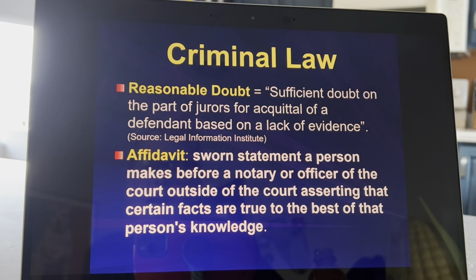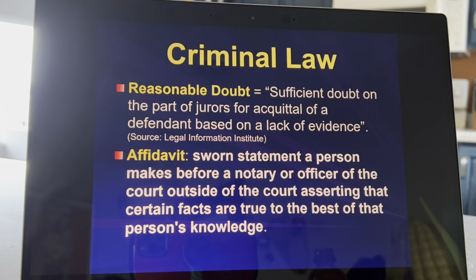Okay, so there are a couple of types of documents that are really common that we see in forensic science and in criminal investigations in general, and also in civil cases. So one is called an affidavit. And an affidavit is defined as a sworn statement a person makes before a notary, okay, which is someone who